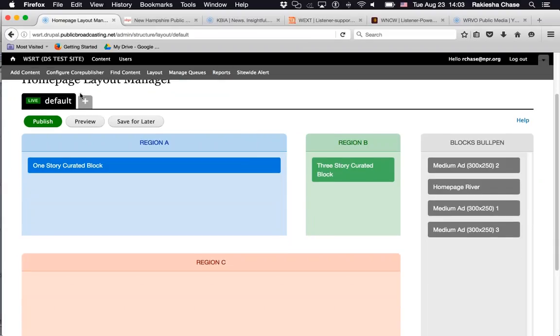You'll notice that you have the option at the top for multiple tabs. If you click on the plus sign, you can create multiple layouts, and then you can choose which one you want to have live. So for example, if you want a version of your layout that you use only for pledge drives, or a version that you use to promote concerts, something like that. You can have multiple layouts, and whichever one has the live green rectangle is the one that's actually showing up on